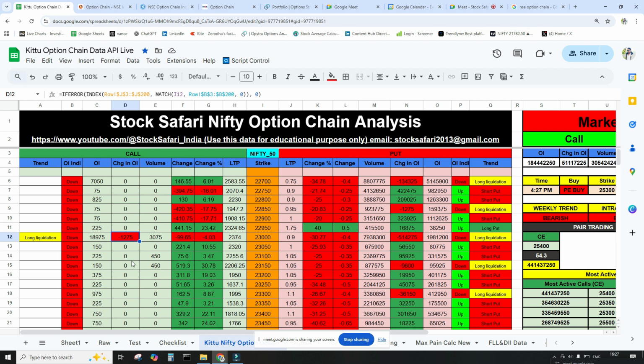If someone is sitting at 1 lakh and another person is sitting at 50,000, nothing will happen. Someone has to compromise. Either the seller has to compromise or the buyer has to compromise. If you see in this area, the seller compromised. So he might not be finding a better opportunity to sell his contracts. What he has done, chalo bhai, let us match the buyer